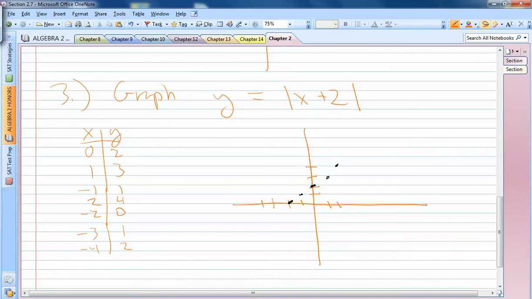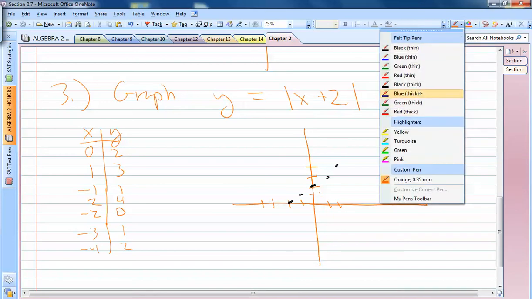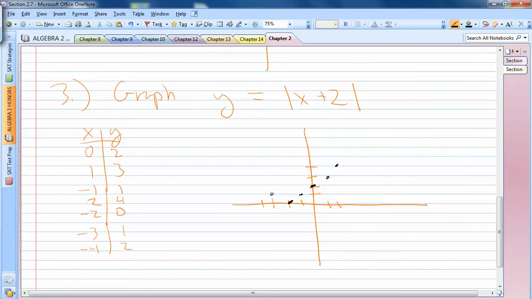So when I plot those points, you will see that we actually do get a V. But the only difference when we look at the transformations